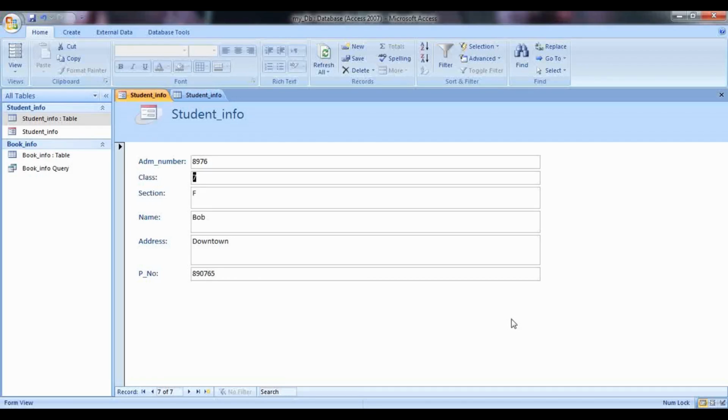Now let us see the last part, that is how to create a report. So what is a report? A report is nothing but it will present you your data in a much more accessible format. For example, when you see your report card, you get information of all the subject marks in a very systematic way and also in a very calculative way. So the data is very much accessible when compared to a table in a report. So to generate a report, let me just close this.